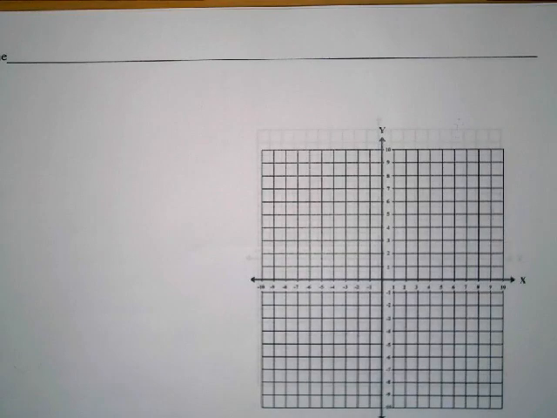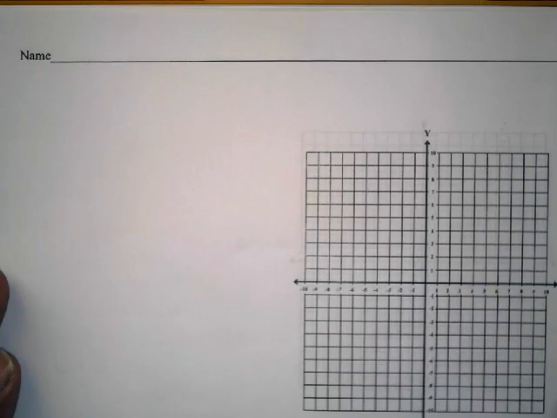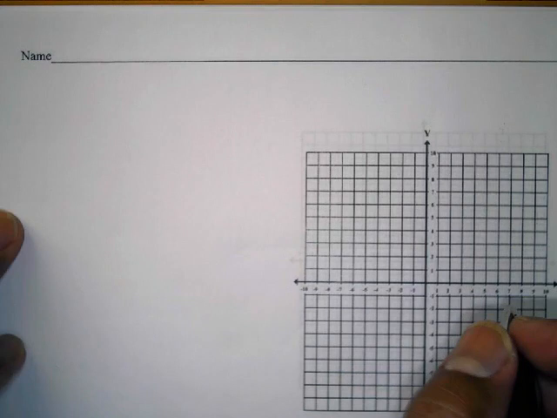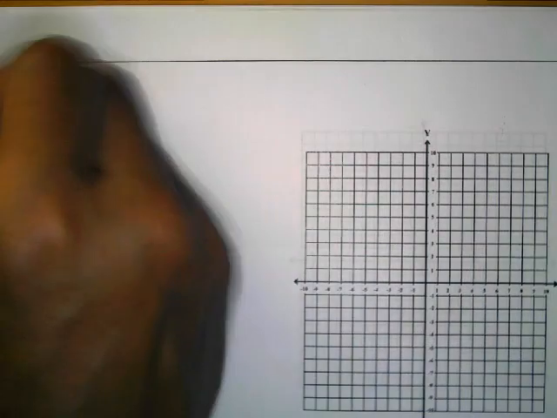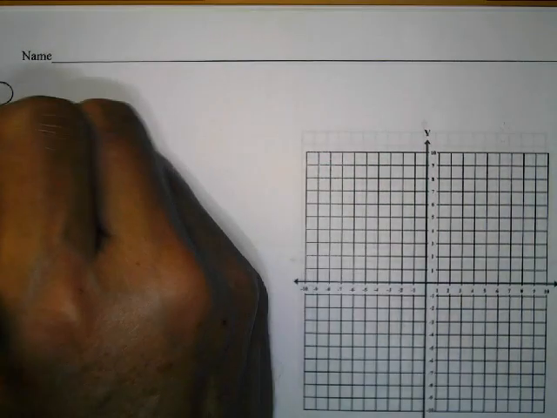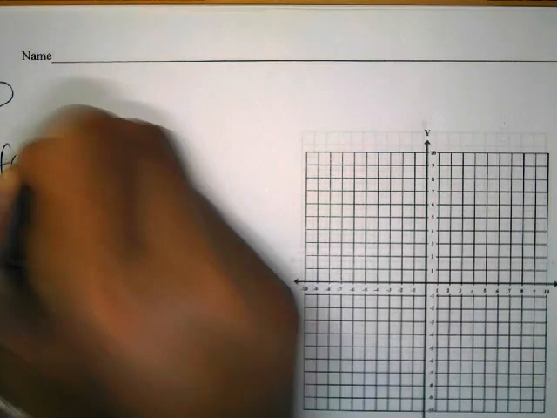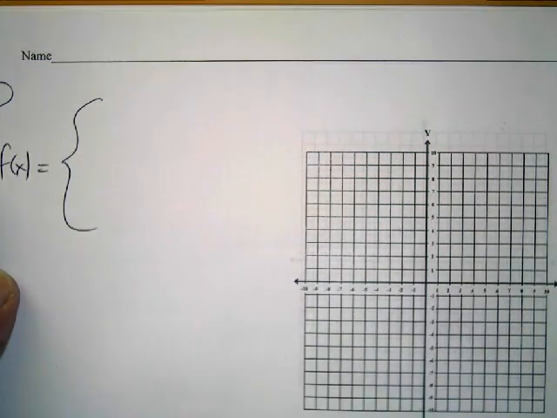Okay, here's the second video for graphing piecewise defined functions. So let's get another graph paper here. Here's number 3. We did 2 on the first video. Number 3. Okay. How about we get this? What if we have something like f of x is equal to